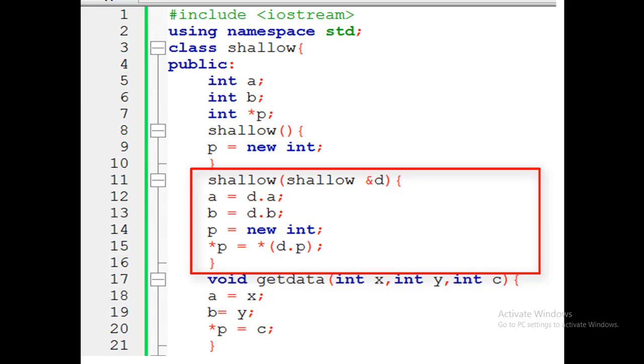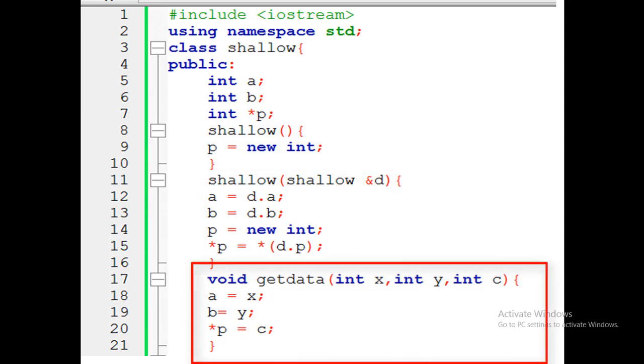Next, we define the get data method. The set method is used to set the content of the heap memory location, and the getter method is used to get the content of the heap memory location. The get data function is defined with 3 parameters x, y and z.